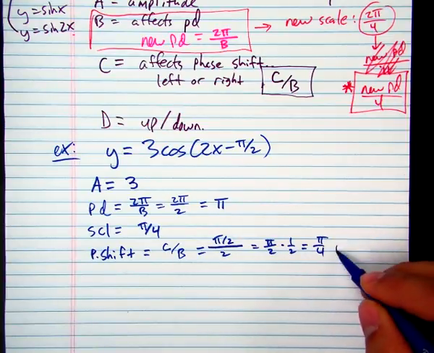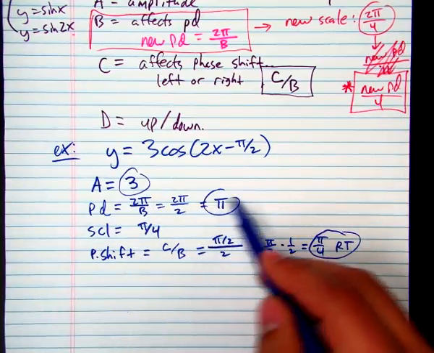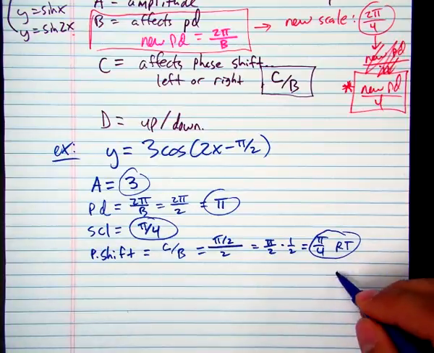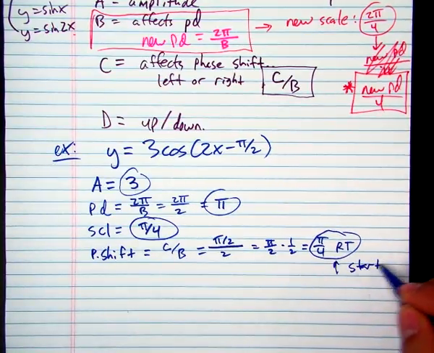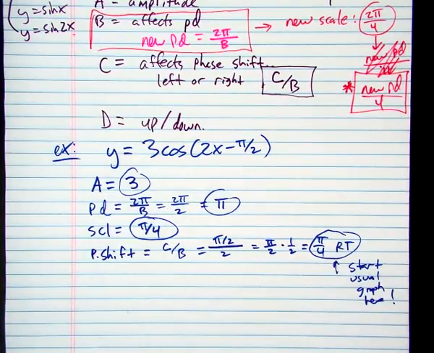Good. So this is what I would expect you to write. Amplitude is 3, period is pi. Our new scale is pi over 4. But we're going to start our graph. So here's the important part. Start the usual graph here. Okay? And if you can do that, we're in good shape. Okay, so